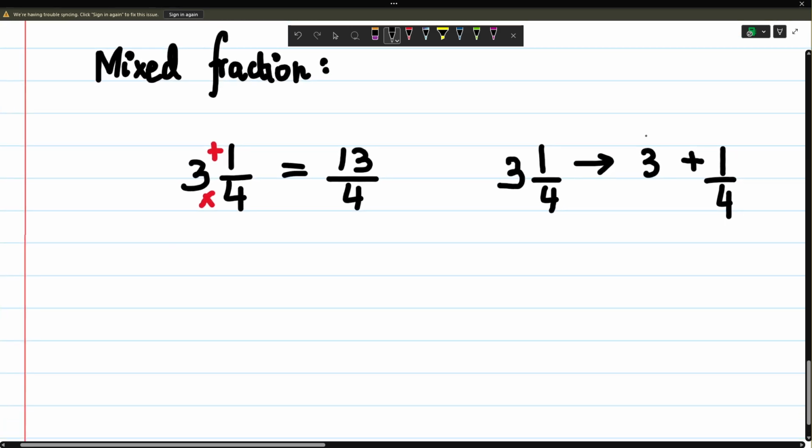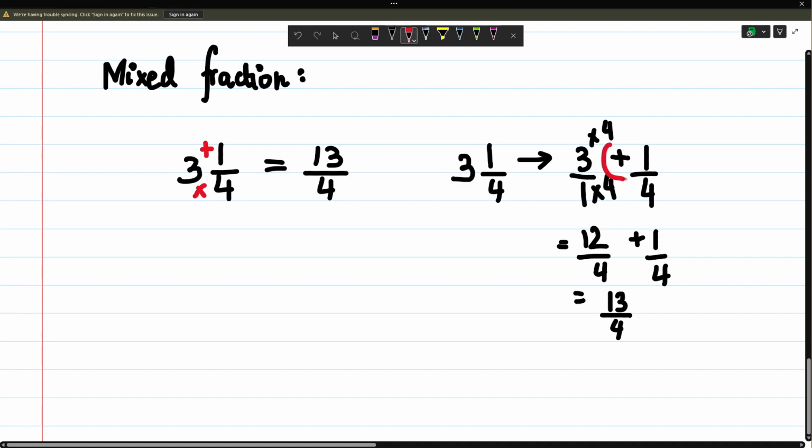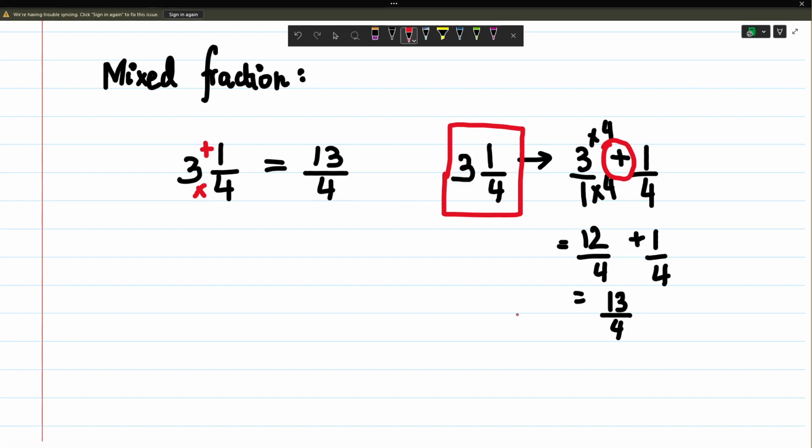मिक्स फ्रैक्शंस की ये लॉजिक होती है कि वी एक्चुअली जस्ट रिमूव द प्लस. क्योंकि अगर आप देखें, मैं इसके नीचे 1 लगाऊंगा एंड आई मल्टीप्लाई बाय 4 ऑन बोथ साइड्स. So 4 3s are 12 and divided by 4 plus 1 divided by 4. तो अगर आप गौर से देखें, we get 13 divided by 4. So technically mixed fractions में आप बस बीच में से ये प्लस को गायब कर देते हैं, just so it looks more clean. वरना ये असल में ऐड ही हो रहा होता है ये नंबर. Is this clear now?